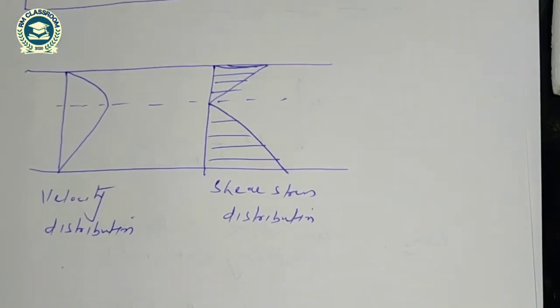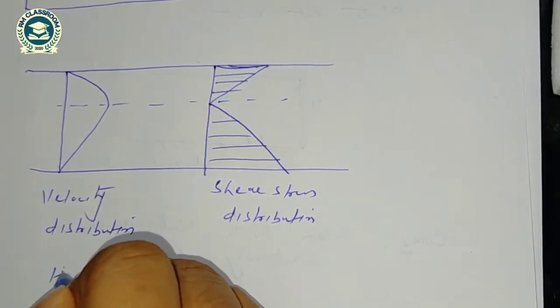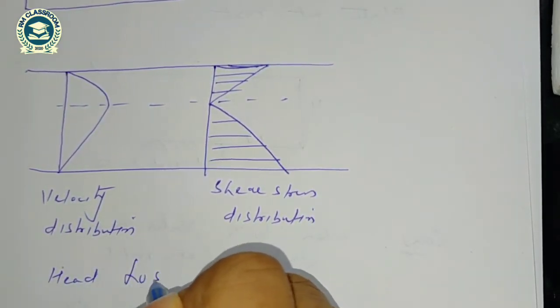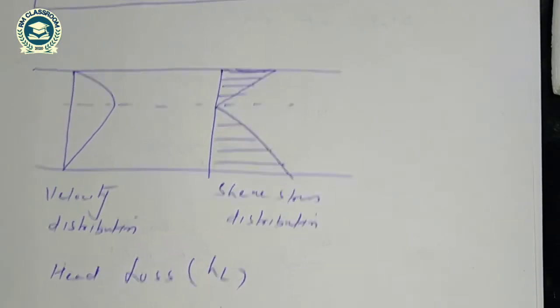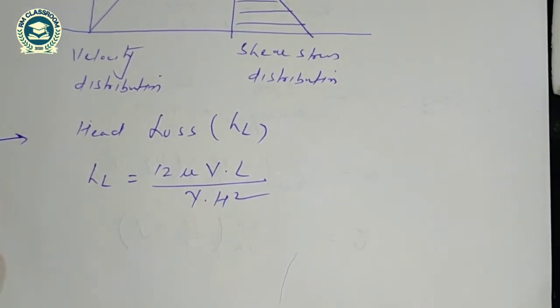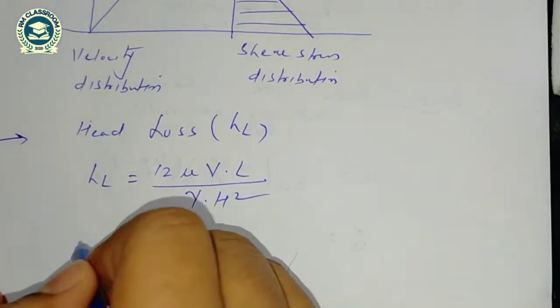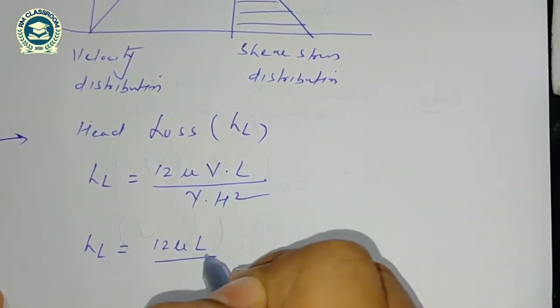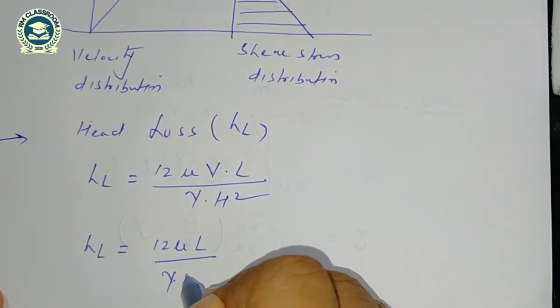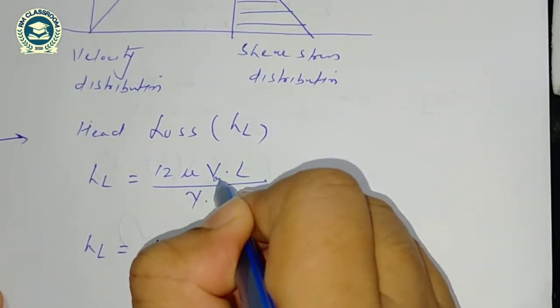Similarly, the head loss will be same. Head loss is equal to 12 mu into V into L divided by gamma into H square. We have already seen in the previous class the expression of head loss, or we can also write 12 mu into L divided by gamma into H square, and average velocity can be written as